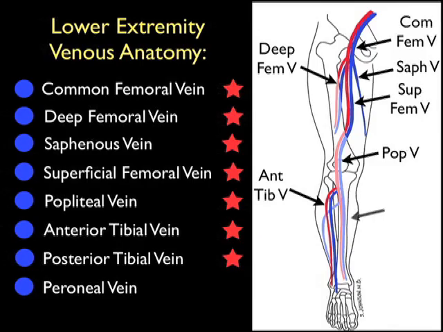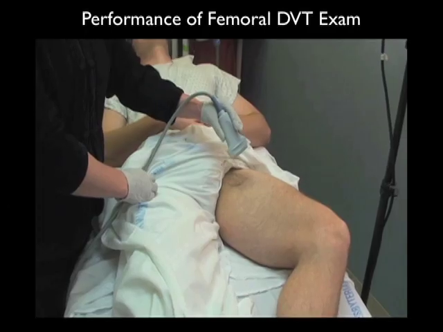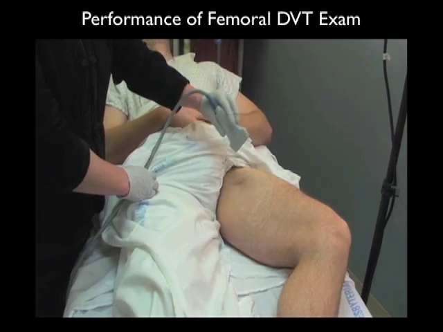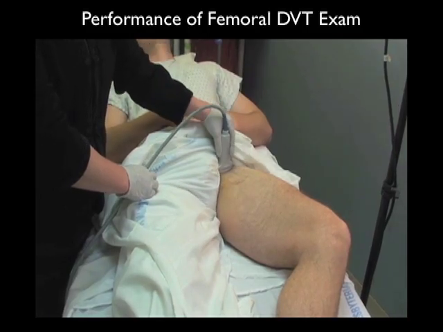anterior tibial vein that's going to course anteriorly onto the calf, the posterior tibial vein seen posteriorly in the calf, and also the peroneal vein seen to the lateral aspect of the calf. And it's because these calf veins are so small that it's difficult to see them on bedside ultrasonography. Let's now watch a video and learn how to perform the ultrasound examination looking for DVT within the femoral vein